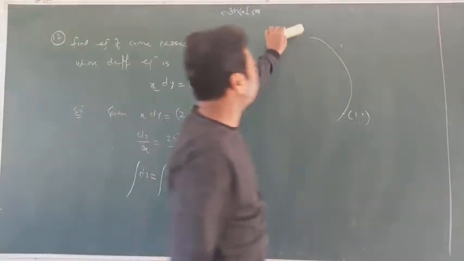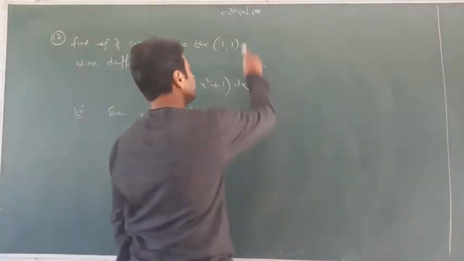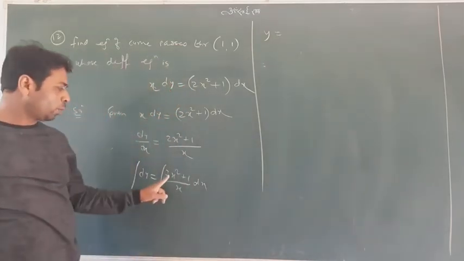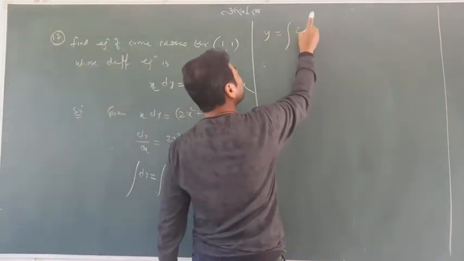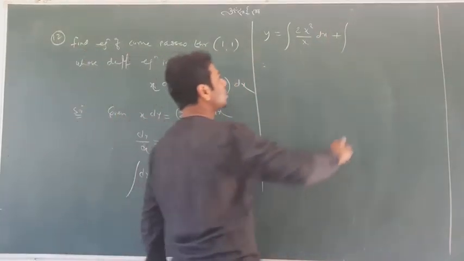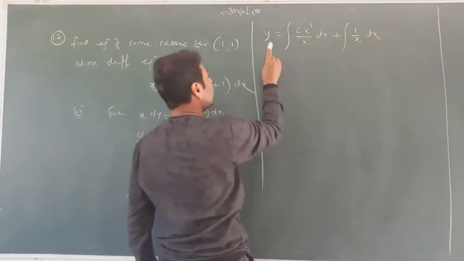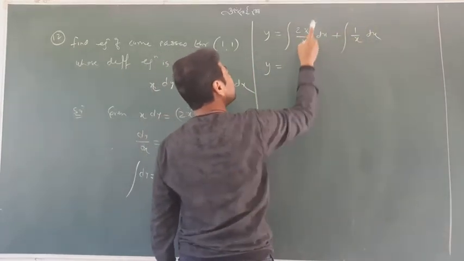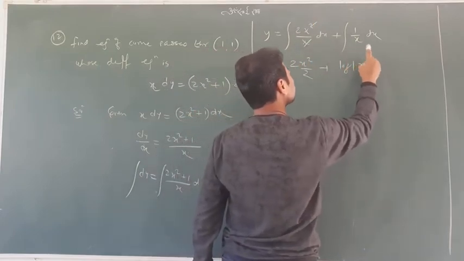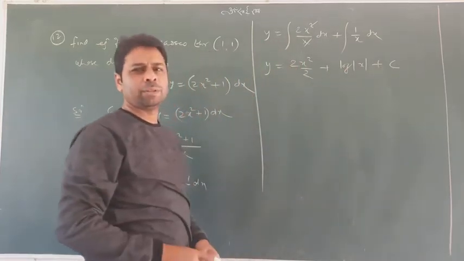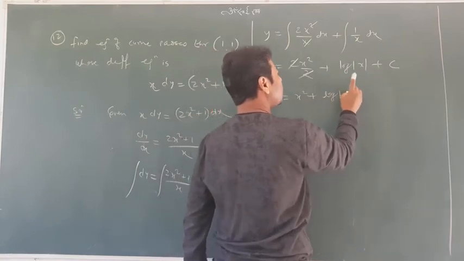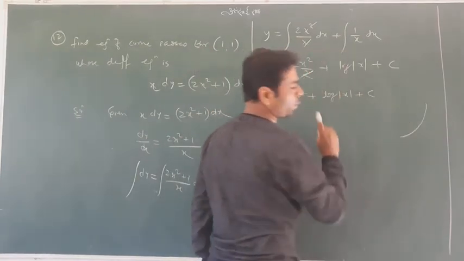Okay. Now let me explain here. Now I do integration. Definitely it is the integral of dy. We separate it like that, 2x plus 1 upon x dx. And y is equal to, after integration, x is x square, and 1 upon x has the integration log x, and we will write c. Y is equal to x square plus log x plus c. This is the equation of the curve.